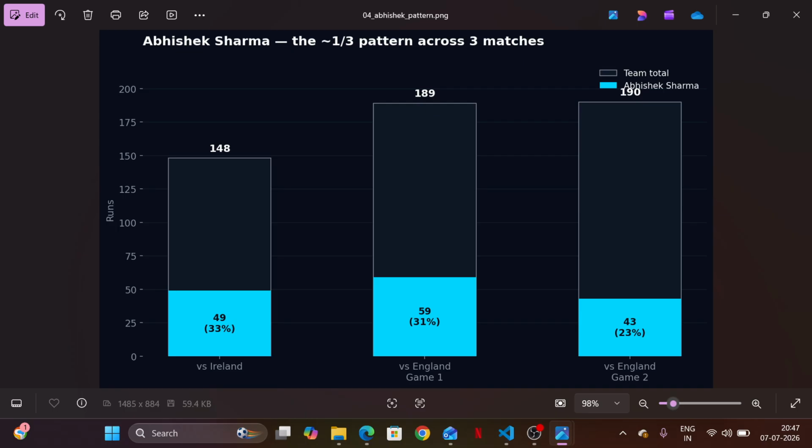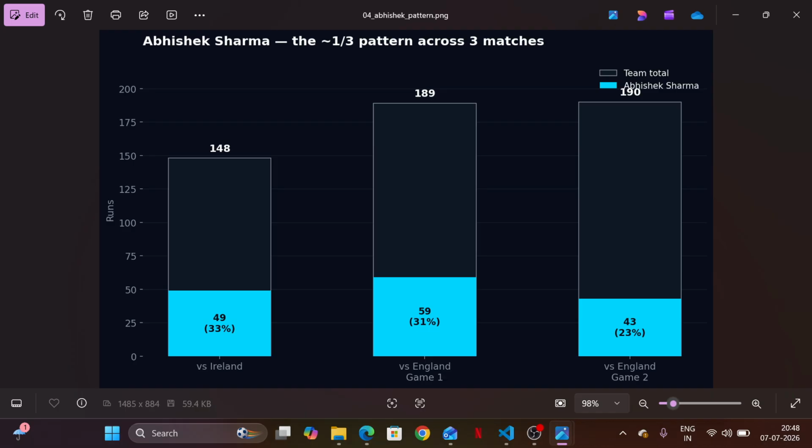Now we all know that India posted a score of 189 for 7, where Abhishek Sharma scored 59 off 24 balls, a strike rate of 245, and Shreyas Iyer 68. Whereas Sanju Samson, our World Cup champion player, got dismissed for 1. And I think that single innings didn't help his cause as he's currently been dropped from the Zimbabwe tour. We'll get to that point, but as a starting point, I'm just describing what has happened in the recent two matches.